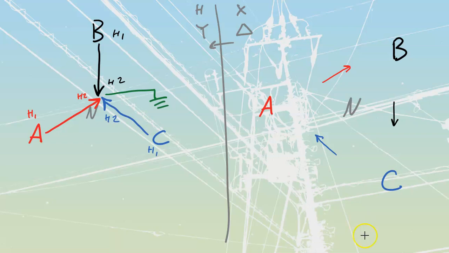Now that we know where those arrows are going, or where those windings are going, we know that this side is going to be a 2, this side is going to be a 1, but they're going to be X's. So we know we're going to have an X1 and an X2. Same with my B's, X1, X2s, and same with my C's, X1s and X2s. With that all in place, we're just going to redraw these arrows so that they connect up, make it look like a real connection over here,